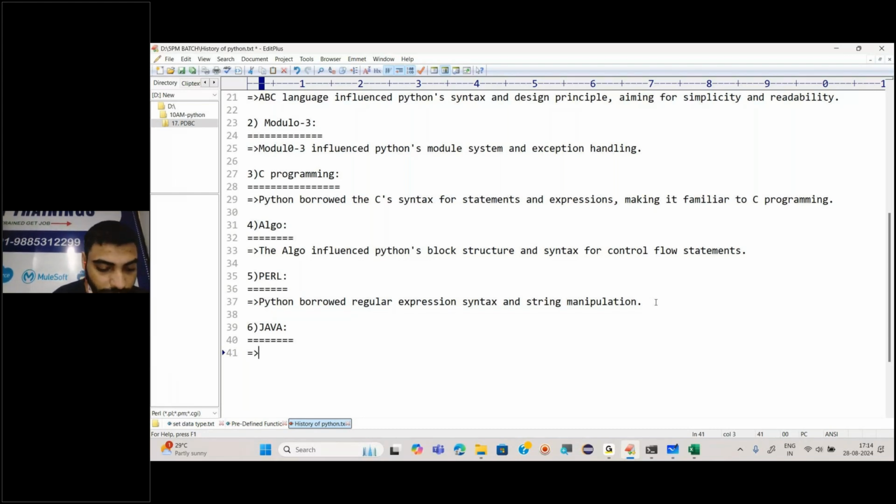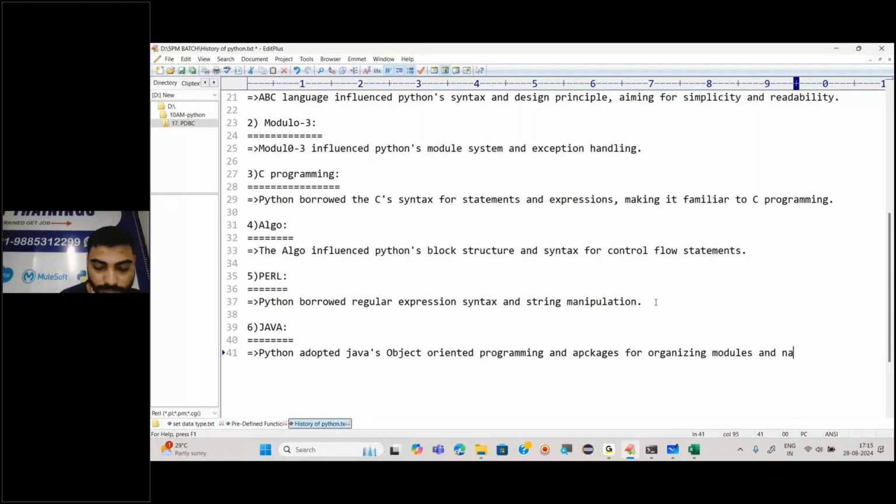So I would say Python adopted Java's OOPS concept, object oriented programming, and packages for organizing modules and namespace, right? Modules and namespace.